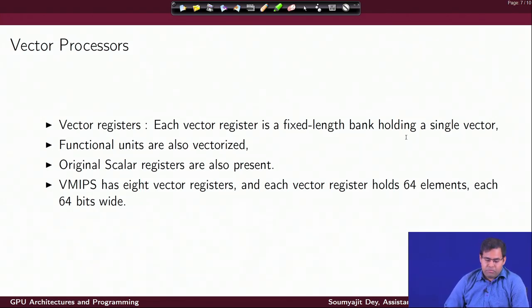Now, what was the first proposition in this space? Well, one of the most popular initial academic propositions was the idea of vectorized MIPS or VMIPS. So, VMIPS comprises the normal register file along with 8 vector registers. Each vector register holds 64 elements. Each of these elements was again 64 bits wide. That means VMIPS would be able to operate on vectors of dimension 64, and in each of the dimensions the number of bits for holding a value would be 64.